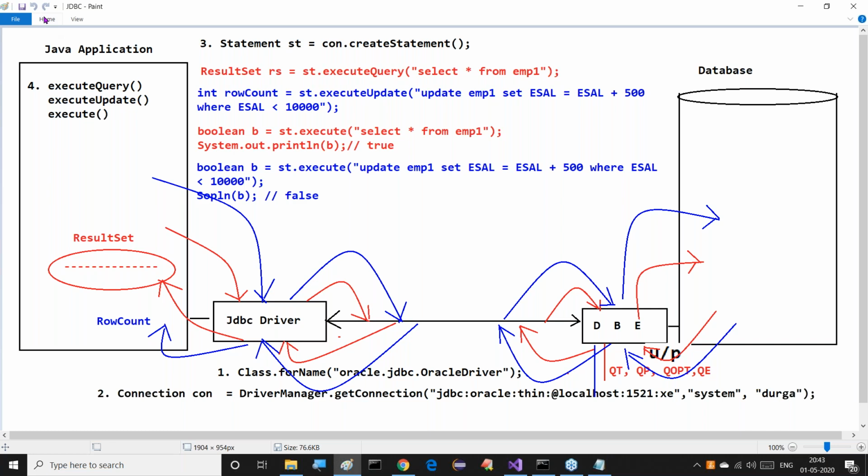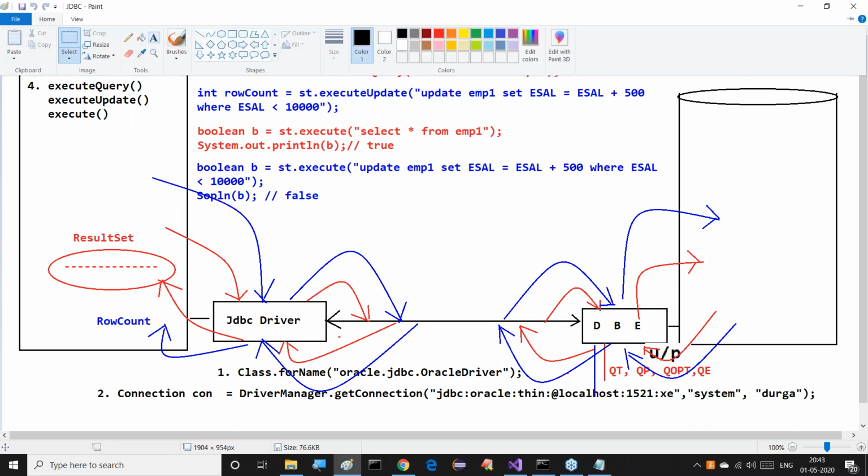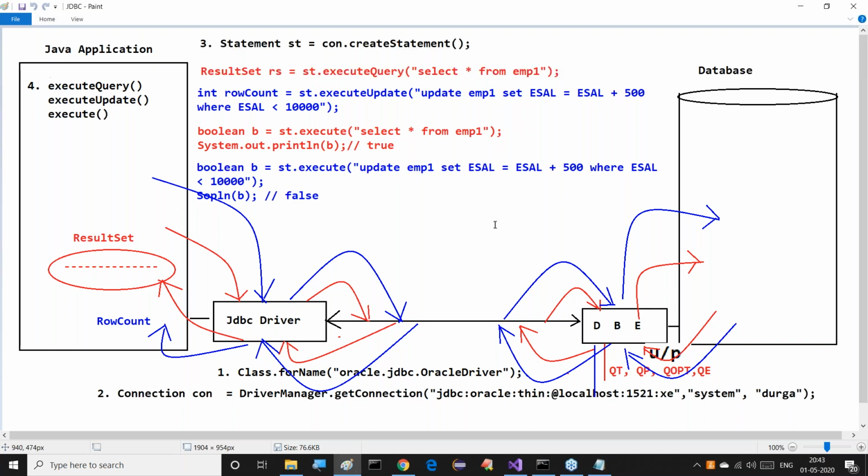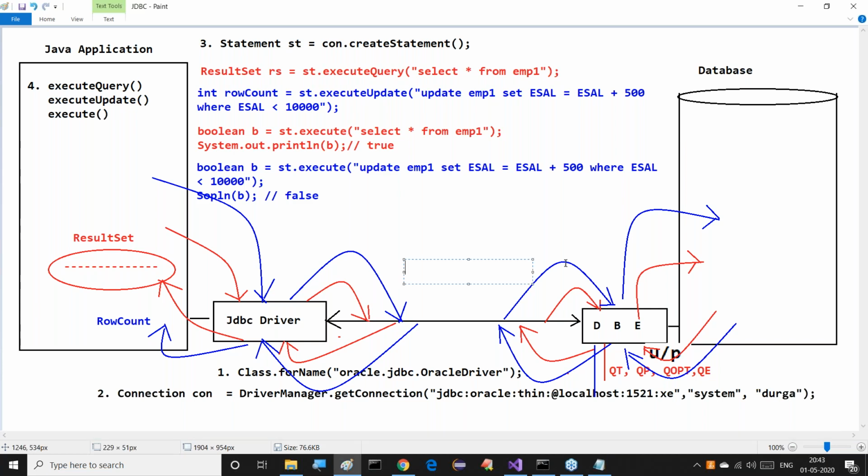When we establish a connection between the Java application and the database, that connection has a default mode. That default mode is, you know, auto commit mode.